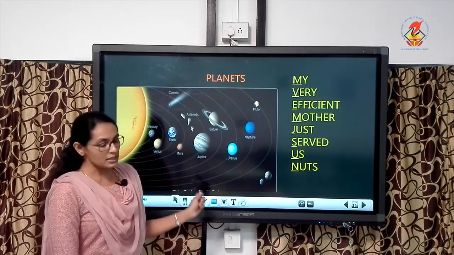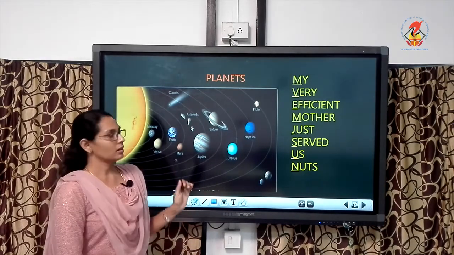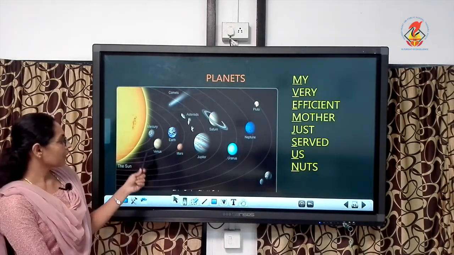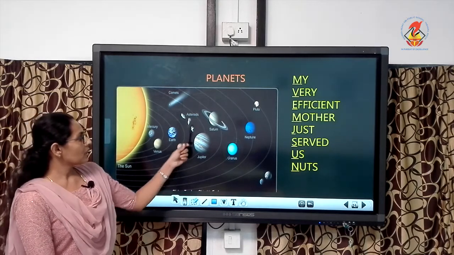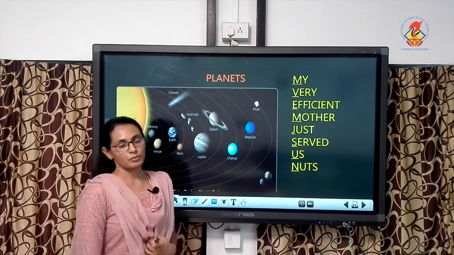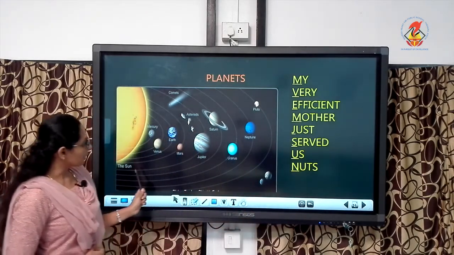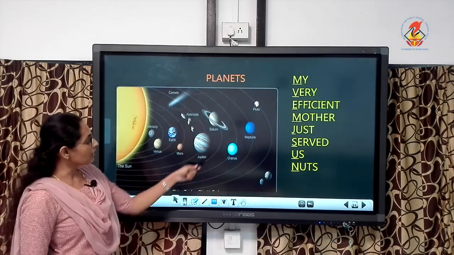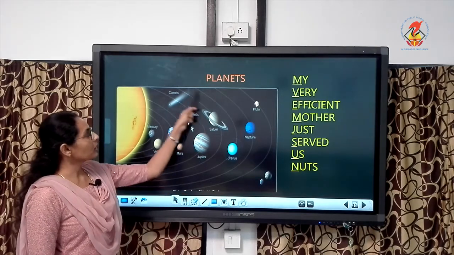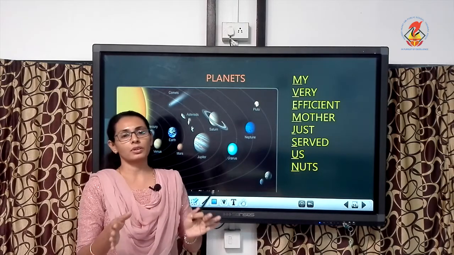Clear? So that is all these planets. We have 8 planets. What are the planets? Mercury, Venus, Earth, Mars, then Jupiter, Saturn, Uranus and Neptune. Understood? Then all are going on a particular special path. All these 8 planets are moving. Look at these lines. All these are moving on a particular path, like our bus and car, it always moves on the road.